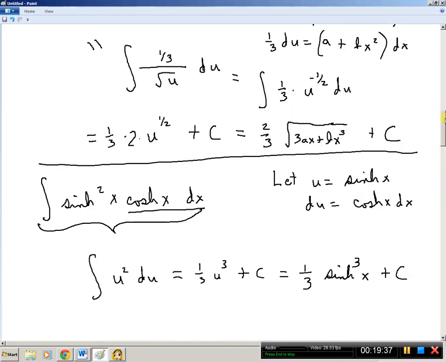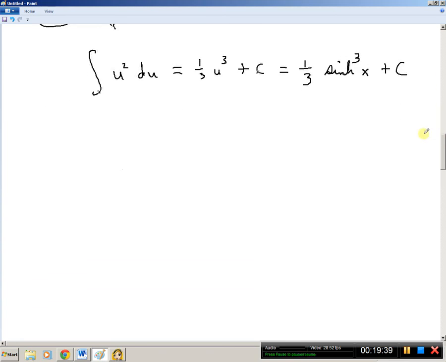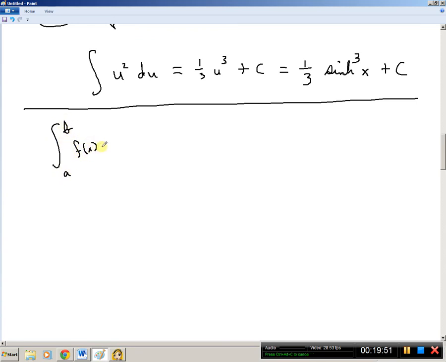So let's talk about one last thing with this change of variables business. And that is what happens when you've got a definite integral. What happens when you've got an integral from a to b of some function of x? And you need to find an antiderivative, so you make some sort of u-substitution, right? Well, when you do that, you're going to get some other expression with du,